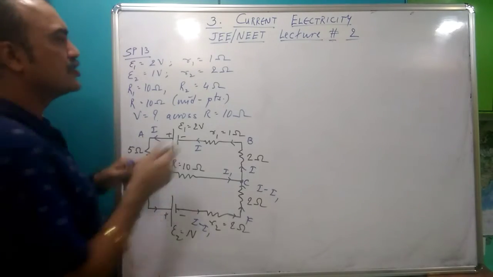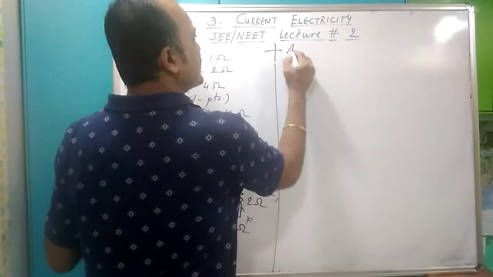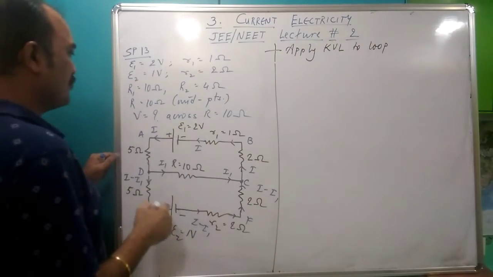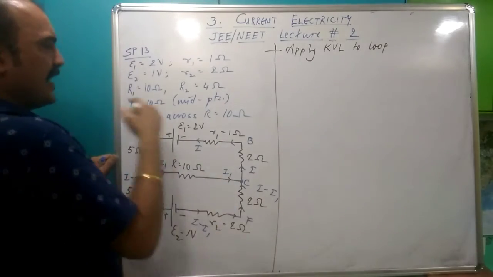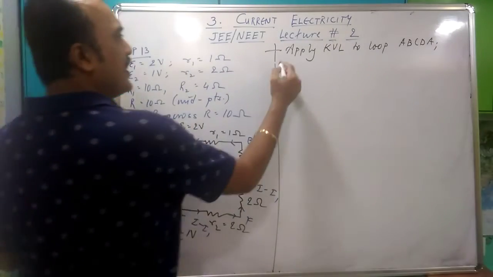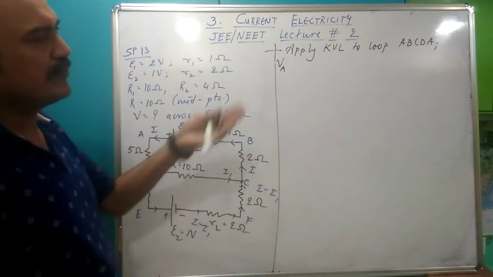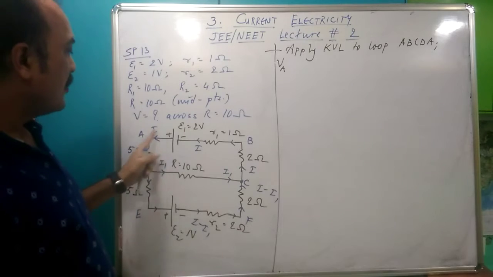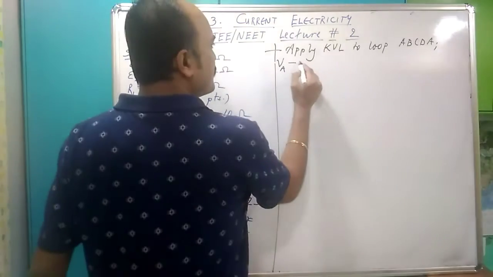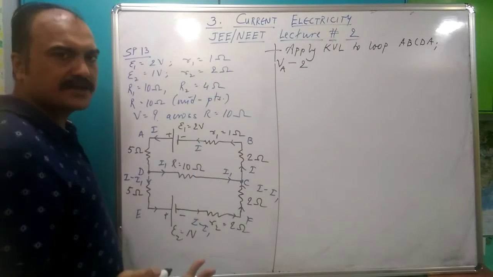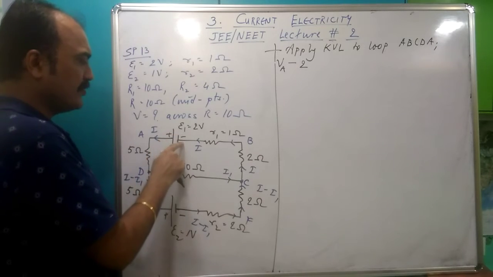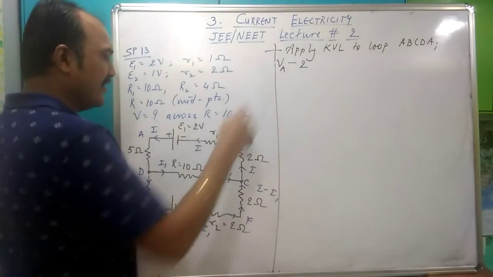So I will take two loops. So the first loop I'm going to take, we'll say apply KVL to loop. Let me say my first loop being A, B, C, D, A. I love the naming A, B, C, D, A. So I start from A, I write it as VA. You can remove this as and when you want. We go on, we see the battery. Bure se acha, so it becomes minus 2 volt. For the battery, the current direction does not make any difference. It's only the terminals that would make the difference. So from positive to negative, EMF would have been taken negative, which I have done.